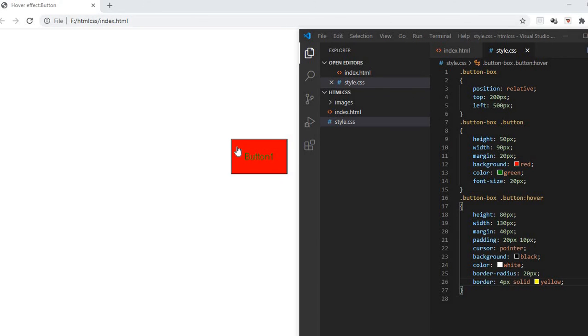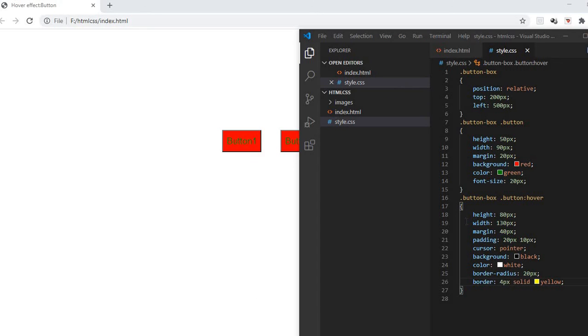Here we can see that before hovering, its background color is red, the font color of the text is green, and the border is gray or black.